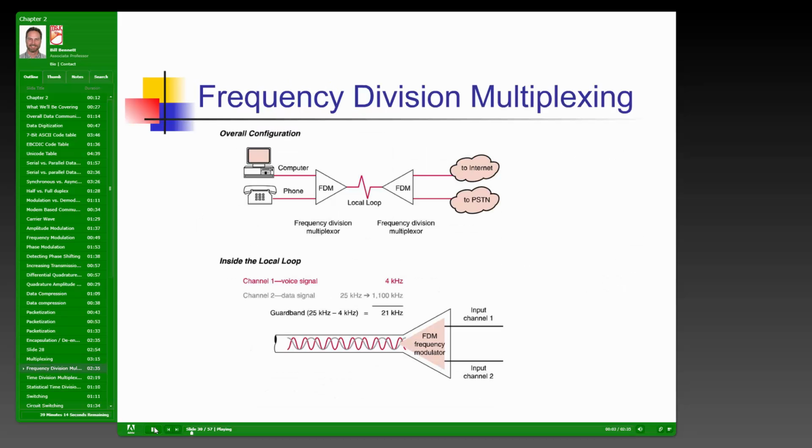So this graphic is to illustrate frequency division multiplexing. In this case here, we've got two different devices: a computer that wants to place data into the network or into the phone system, and then the phone that wants to put a voice communication into the system. So the two devices are going into a frequency division multiplexer, an FDM, and the two signals get multiplexed onto a single local loop, and that single local loop then is carrying these multiple frequencies to